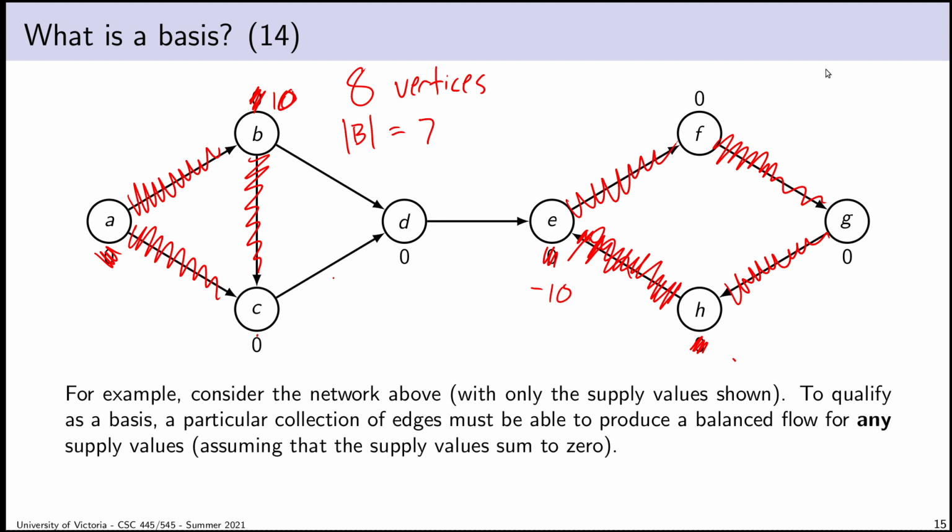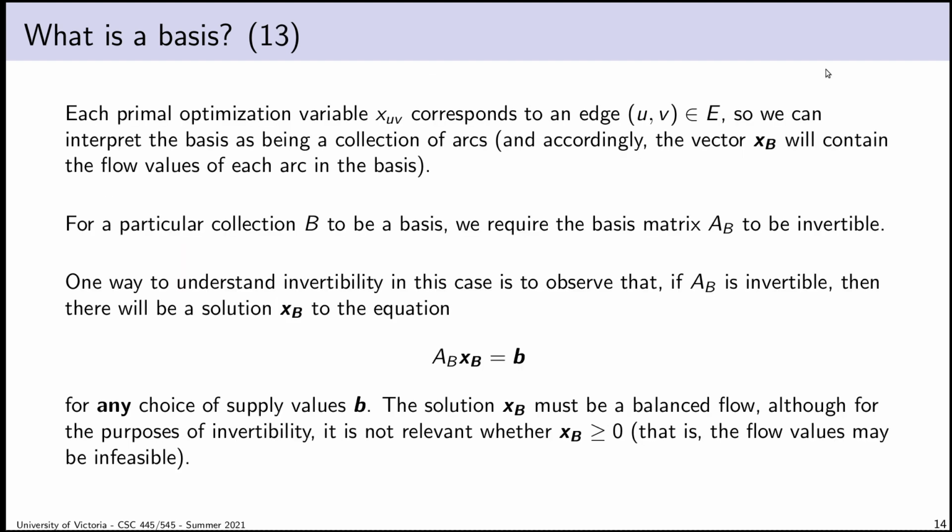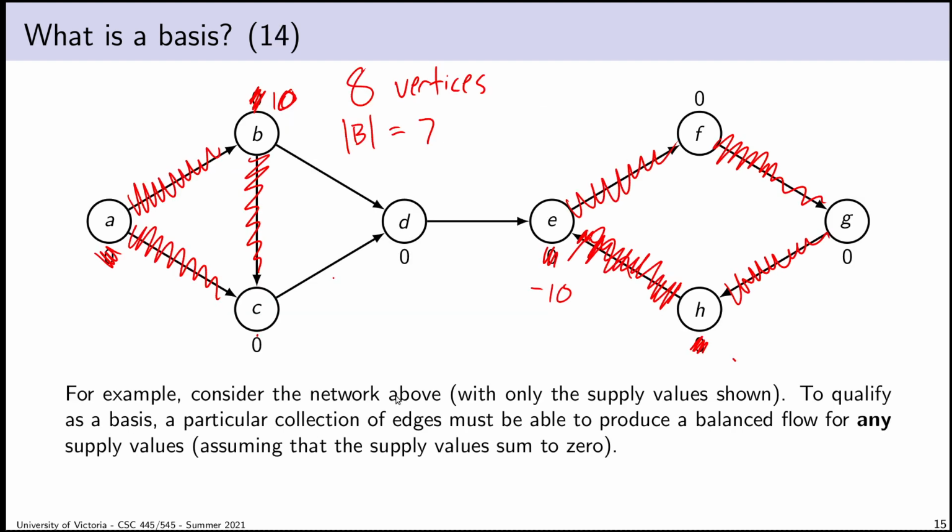Well, I don't. There's no bridge. There's no way to get from B to E using only the highlighted edges. That means that there is no solution for this equation A_B x_B = b. There is no solution to this for this particular supply and demand assignment. And that means that this collection of edges is not a basis. So we're beginning to see the condition and how to enforce it or check it using only the graph,